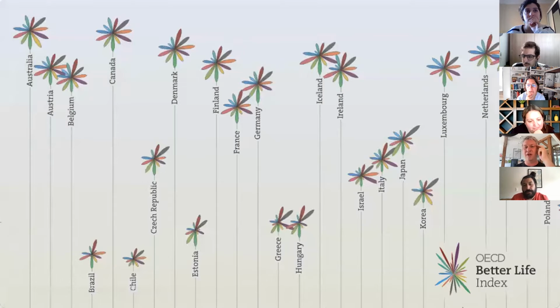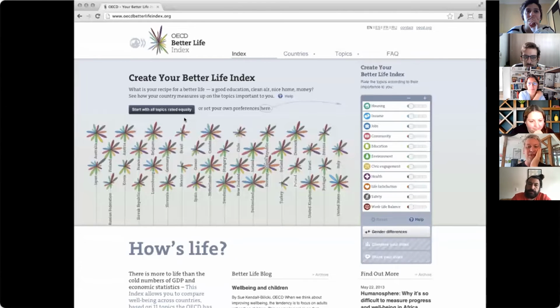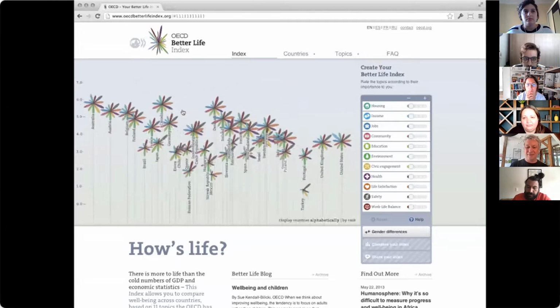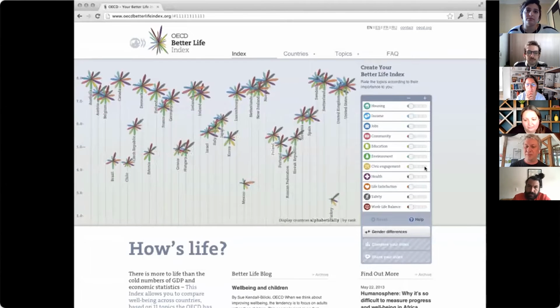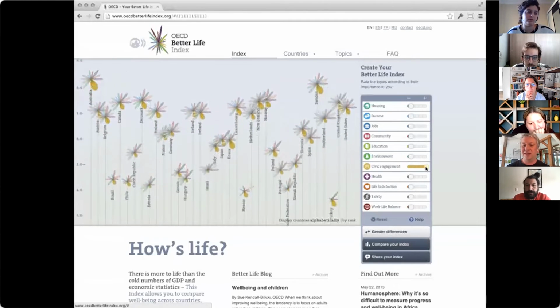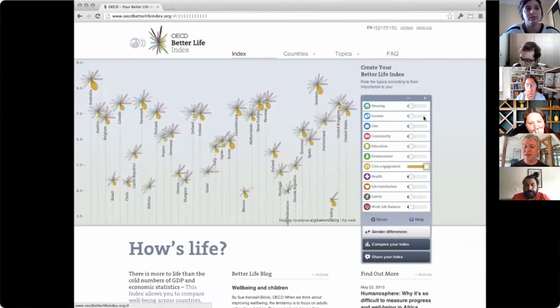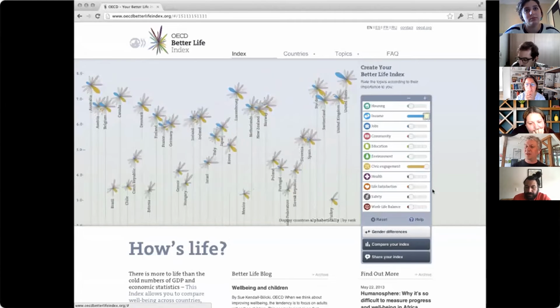And so we came up with this flower visualization, where for each country we have a flower, the length of the petals represents the scores in these different dimensions. And so you can do these overall arrangements. But the other important part, of course, as I said, is the idea of personalization and interaction, because everybody has different preferences and views. And that's why you can experiment here with the weightings on that page. And you can start with all topics being equally important. But if you, for instance, prioritize civic engagement, then Australia and Sweden rise to the top. And if you then bring income back into the mix, United States and Luxembourg catch up and so on.